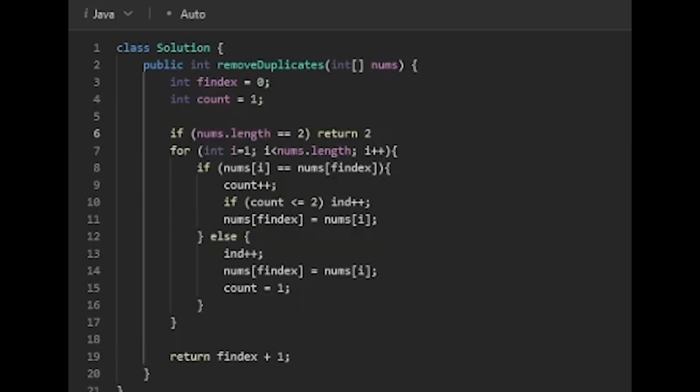As you can see in my code, I also added a line that checks for an array with the size of 2. This line isn't really needed as the loop will still take care of arrays of this size, but it does give some assurance regarding an edge case for this problem. So if we press submit,